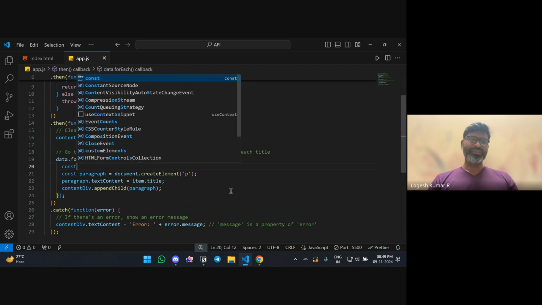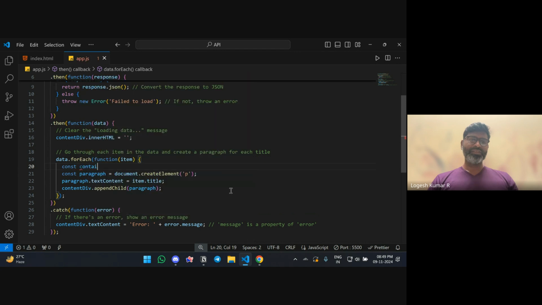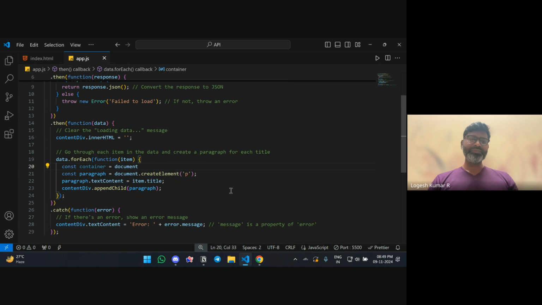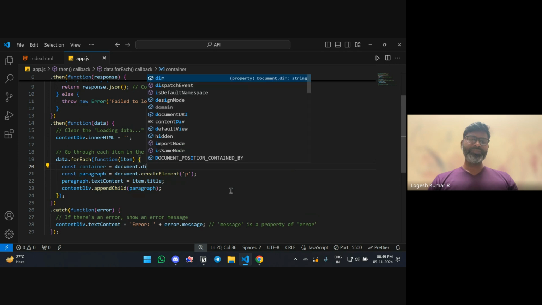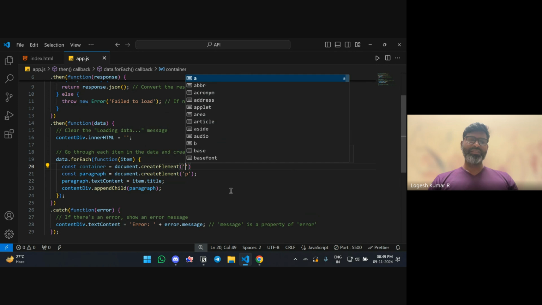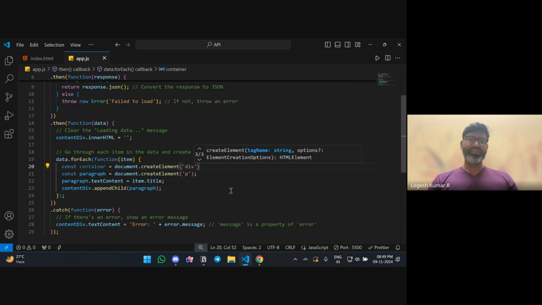Correct. const container equal to document.createElement div. Okay, now instead of doing paragraph.textContent equal to item.title, you already did paragraph.textContent item.title, that